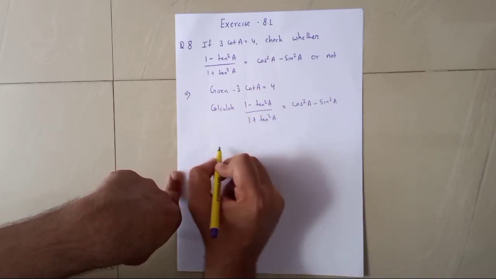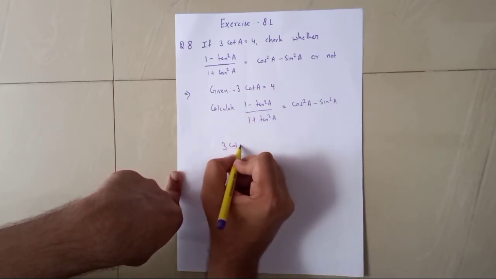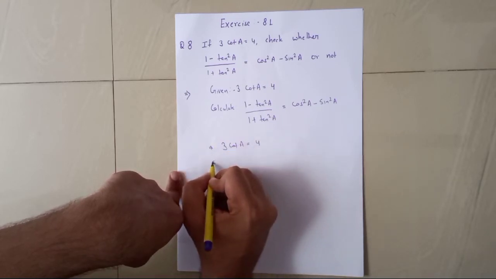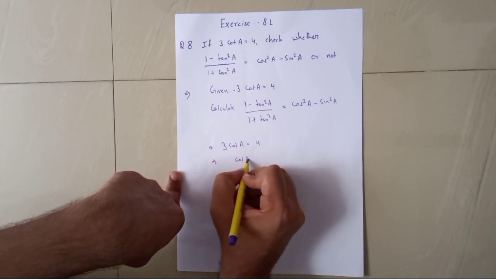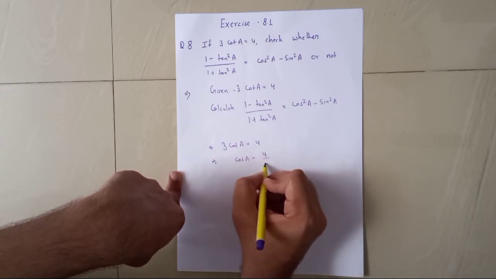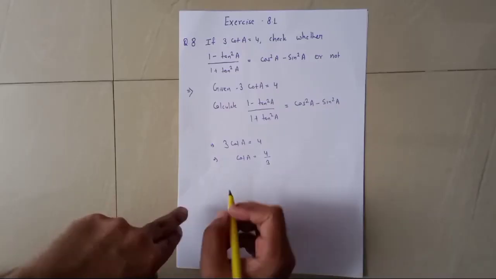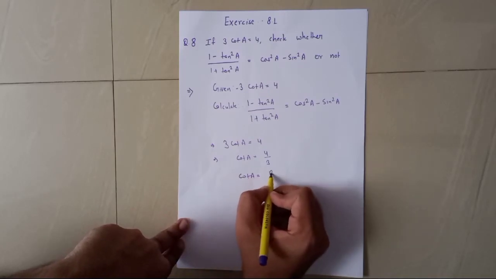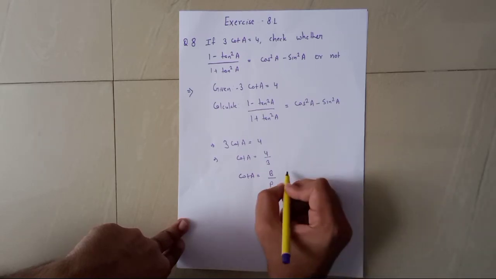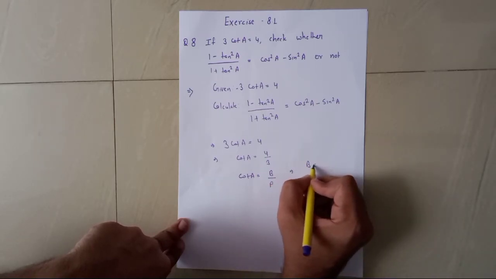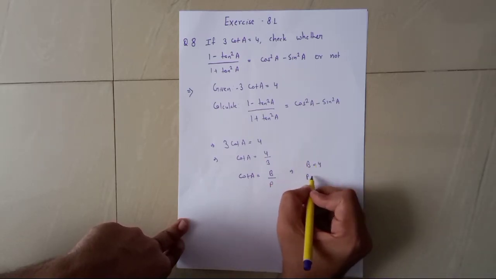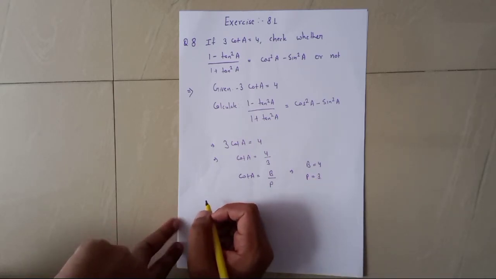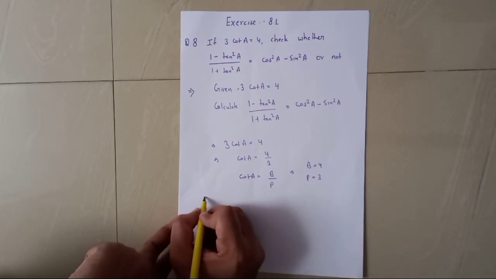Firstly, we have 3 cot a equals to 4. So cot a is equals to 4 upon 3. So cot a is equals to base upon perpendicular. So base is 4 and perpendicular is 3. So we need to calculate hypotenuse. So by using